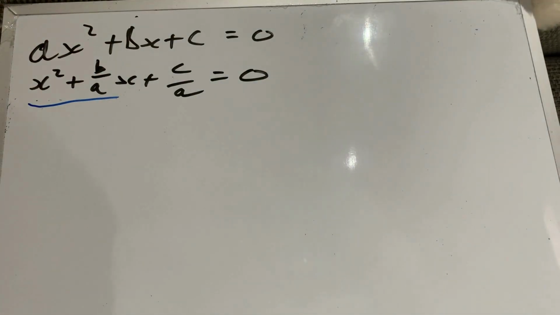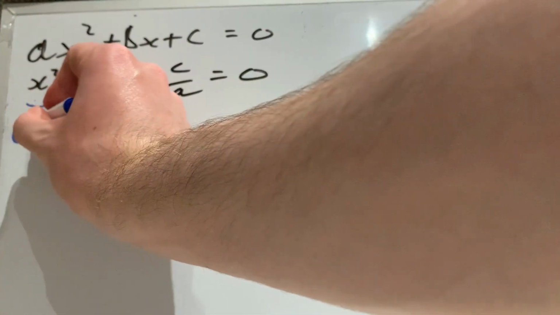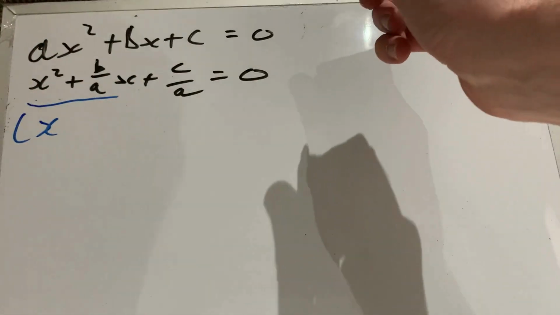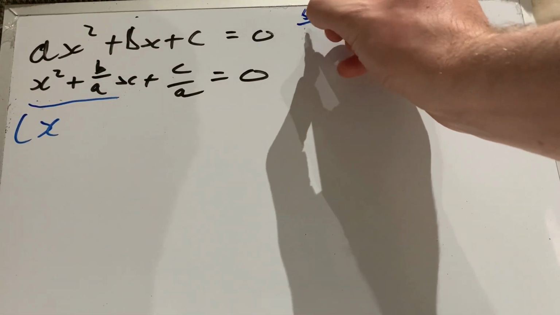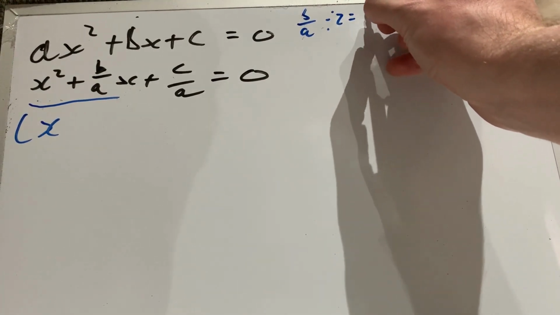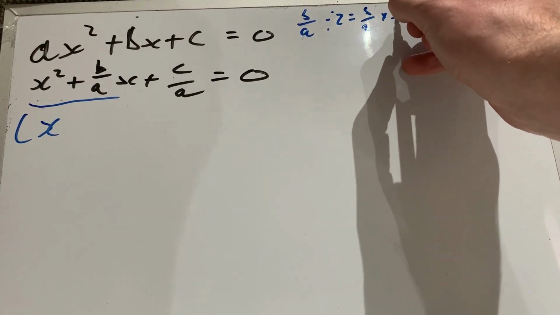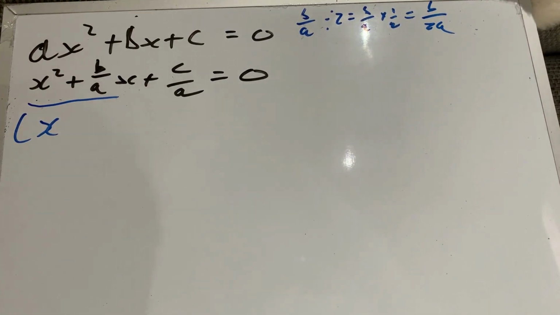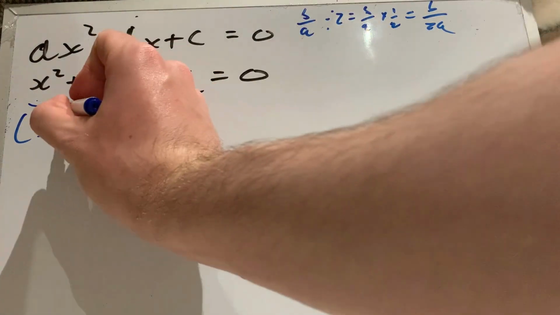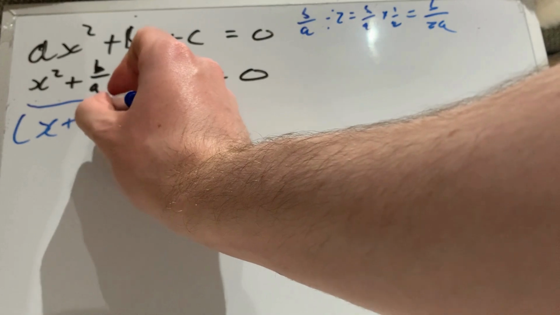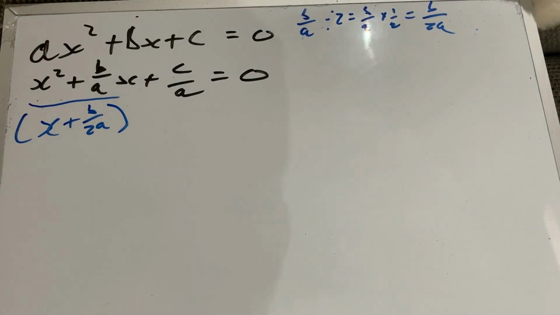So let's look at completing the square on this guy. Okay, so we'll have x there, and then we'll want to divide b over a by 2. So what's b over a by 2? b over a divided by 2 equals b over a, that's just times a half, so it's b over 2a. Okay, so inside the brackets we're going to want plus b over 2a. Okay, but if you look,